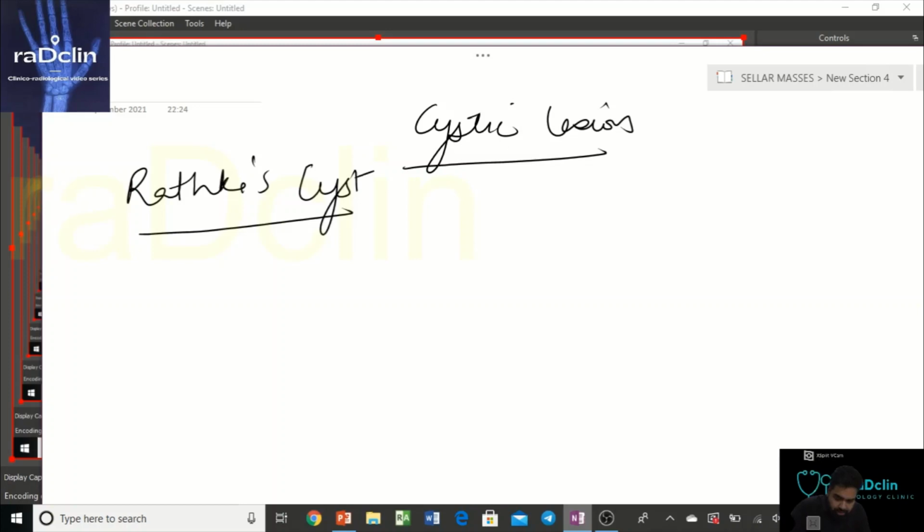Basically, it's a benign endodermal cyst of the sellar region. That is, it's an extra axial, non-enhancing lesion. Now, to approach any extra axial non-enhancing lesion, let's keep this in mind: a non-enhancing extra axial lesion would either be rapidly flowing arterial blood, that is a large blood vessel, or it could be a tissue which doesn't have any cells, like a cystic lesion, that is the Rathke's cleft cyst itself, or it could be an area which is not being supplied with blood, like any infarcted area.